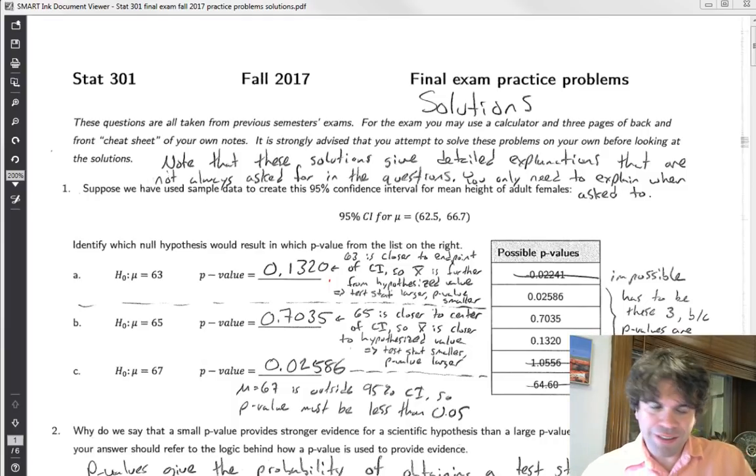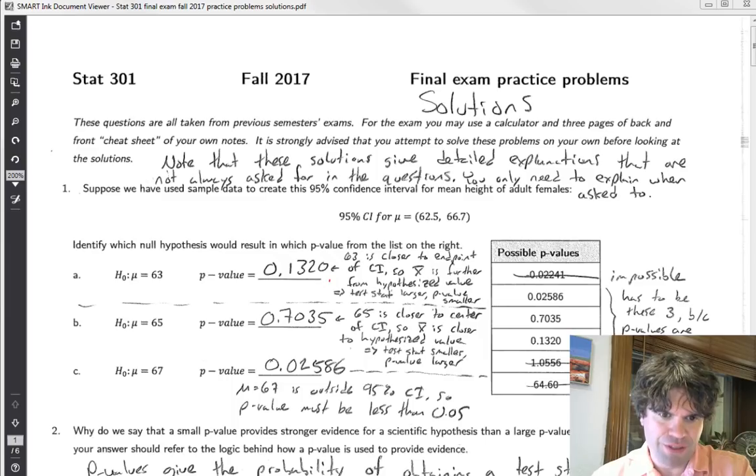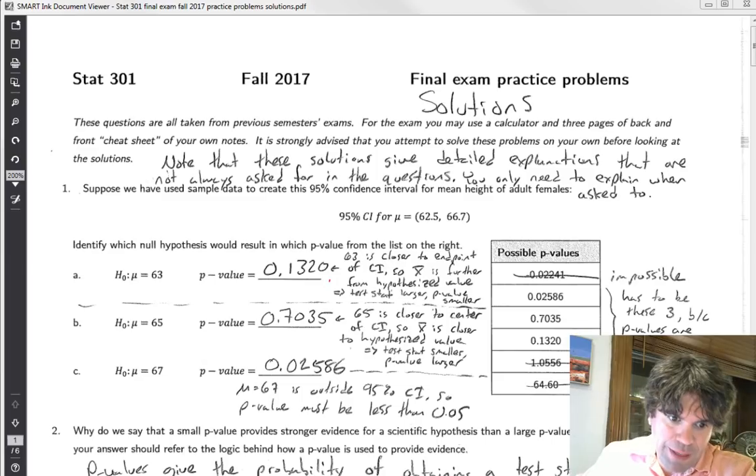Okay, hello. So this video is meant to just explain all of the written solutions to the practice final exam. You should be able to find this sheet of written solutions on Canvas, and I'm just going to sort of talk through it. So the first question says, suppose we have used sample data to create this 95% confidence